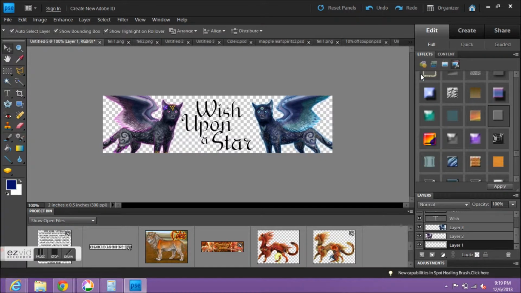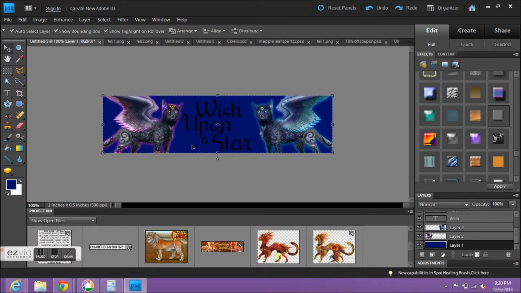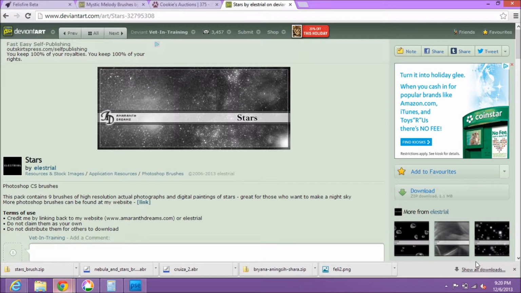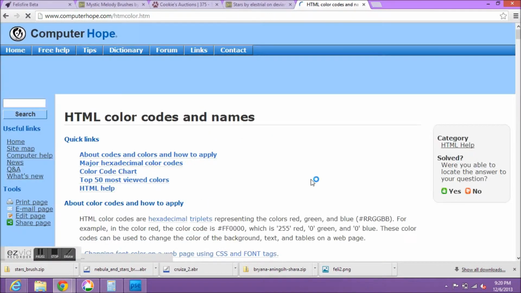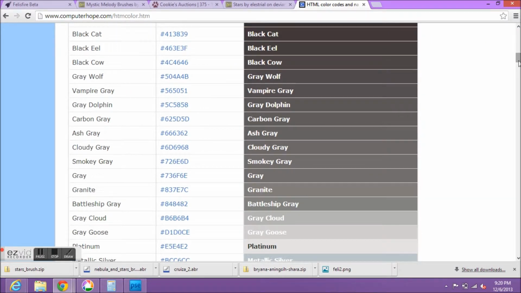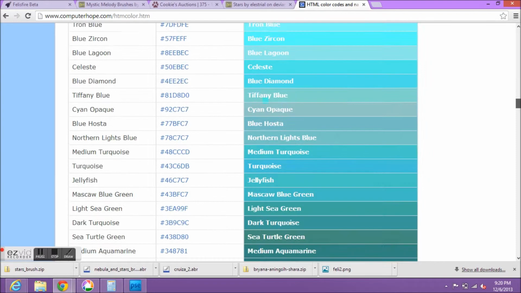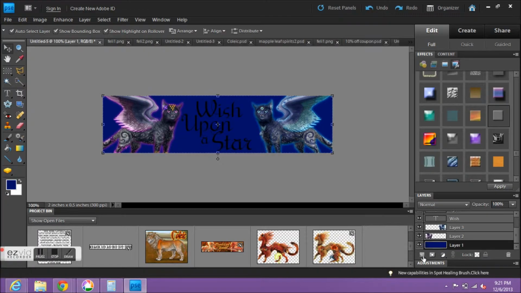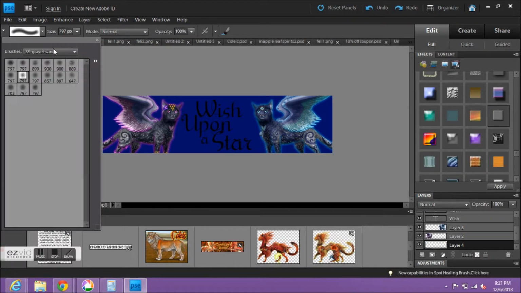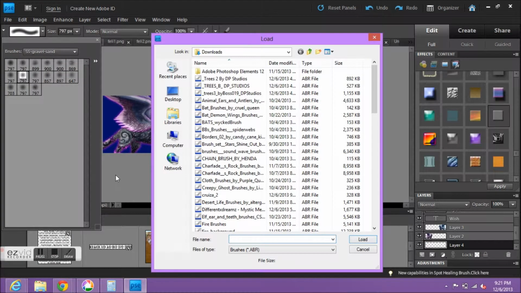They wanted dark. And that was some hex codes you can change. I'll show you. If you can't figure out what color you want exactly, go to computerhope.com/htmcolor, and they have a ton of different colors you can look for. You'll find the right hex code at some point. Okay, now I'm going to try and add the stars because they wanted dark